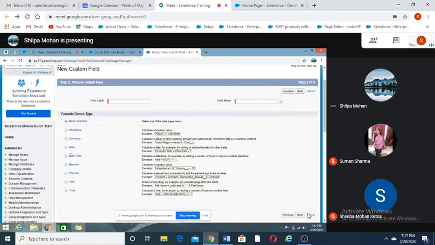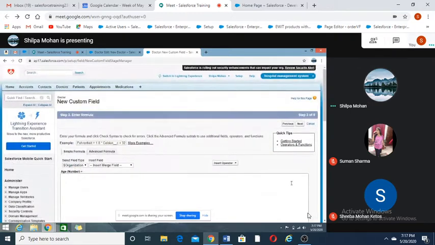Age will not have decimal places, right? So make it 0, and give the field label at the top, age, and click outside, it will automatically populate age. Okay, click on next.